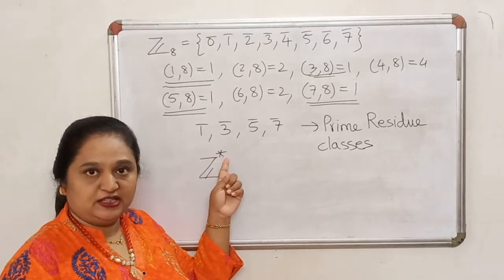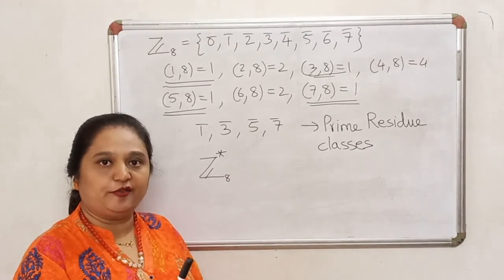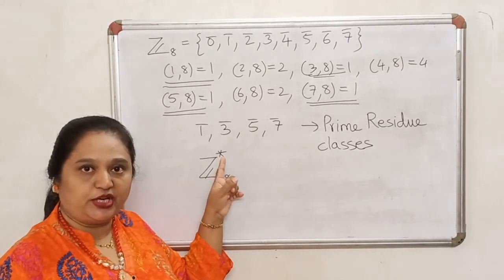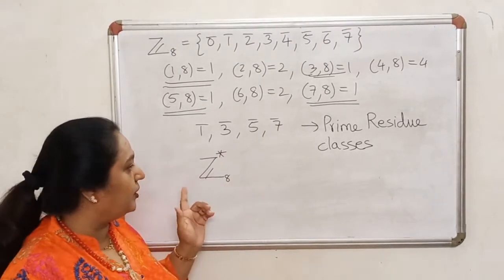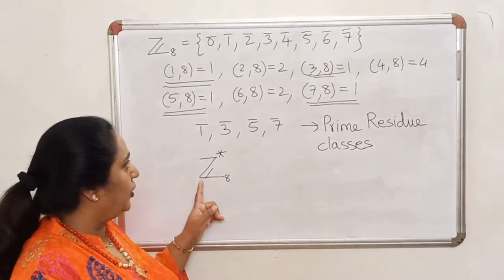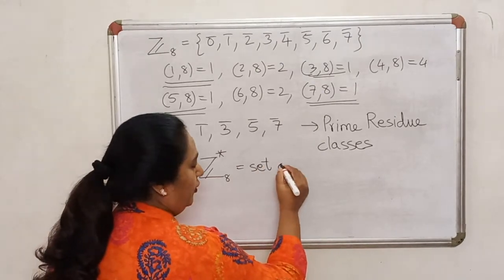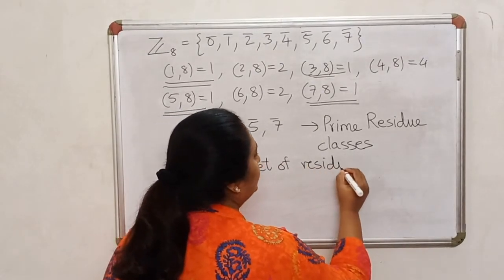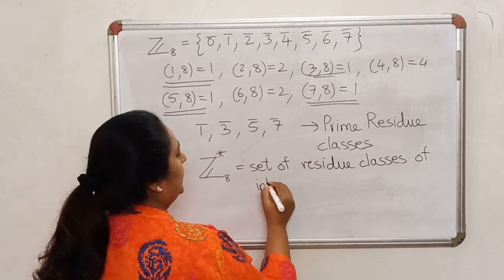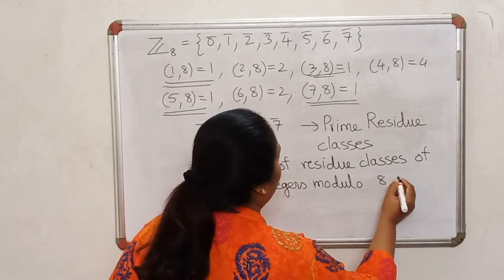Now, I am aware that this notation could cause some confusion, because in our very first lecture of chapter 0, where we set up the notation, we had agreed that if I use this notation star as a superscript, it will mean non-zero elements in that set. But we will make an exception to this notation for the set Zn. If I write Z8 star, this will denote set of residue classes of integers modulo 8. This set is also going to be important to us.